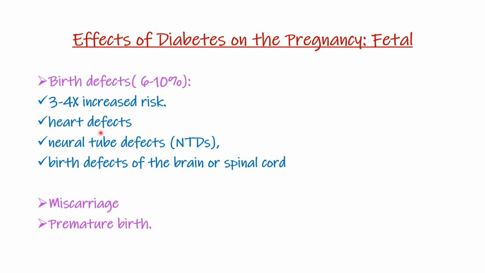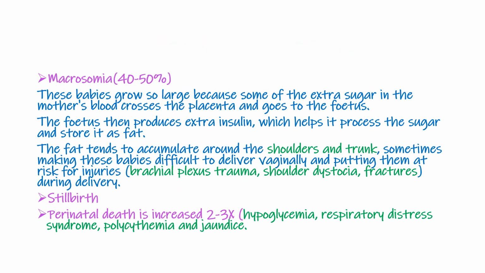And we already mentioned these birth defects, which include heart defects such as VSD and transposition of great vessels, and neural tube defects, already mentioned them, birth defects of the brain and the spinal cord. In addition to that, there's increased risk of miscarriage and premature birth. You'll also have macrosomia, which we talked about, and its incidence is 40 to